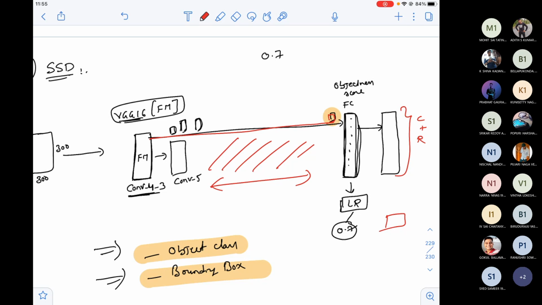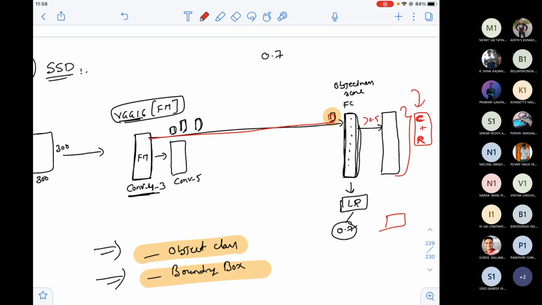Okay, perfectly fine. But before overcoming, how do I actually get, for every proposed box where the objectness score is greater than, assume, 0.5? Where the objectness score is greater than 0.5, I'm about to give C plus R. What is C plus R? C plus R is basically the classification probability distribution, it's not a label. I cannot say that it's just a label. It's a probability distribution of all classes, and R.